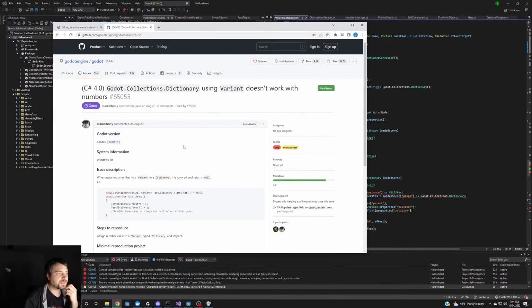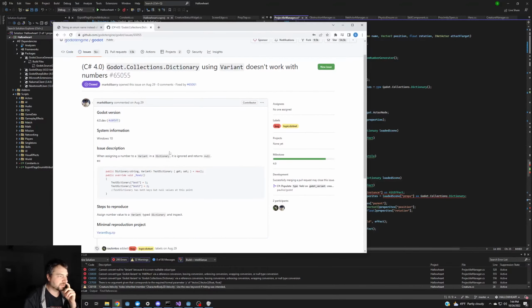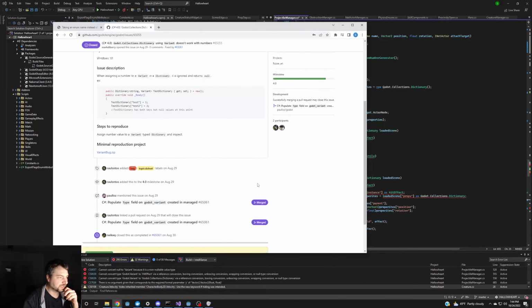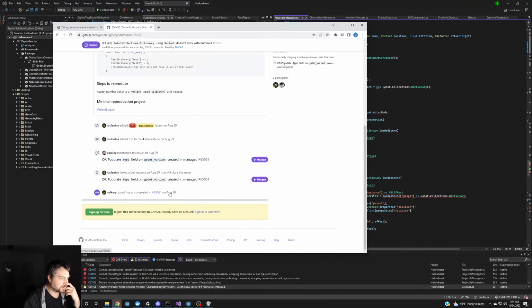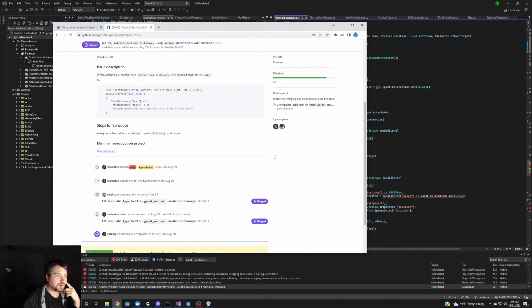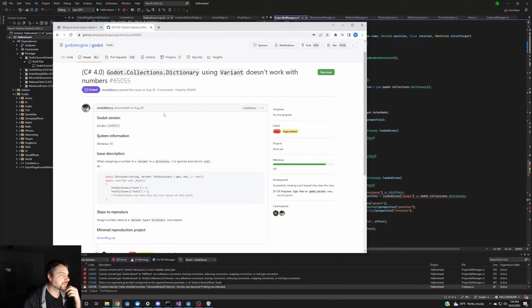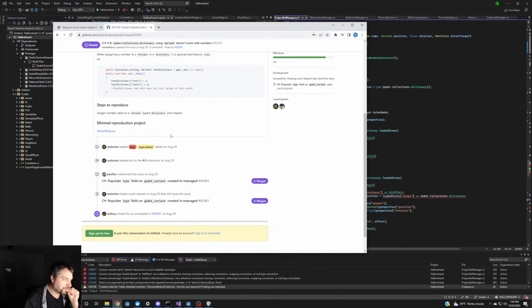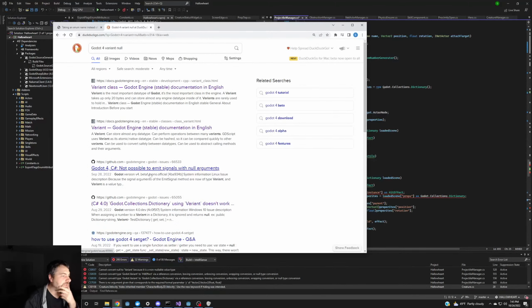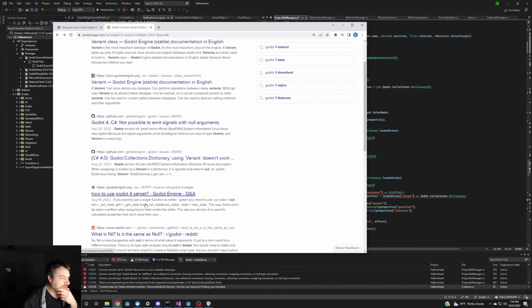Let's see if anybody's got anything recent on this, because when assigning, it is ignored and returns null. I don't know about that. That seems like it's... how old is this? August? Fairly recent. Why can't a dictionary be null? Okay,